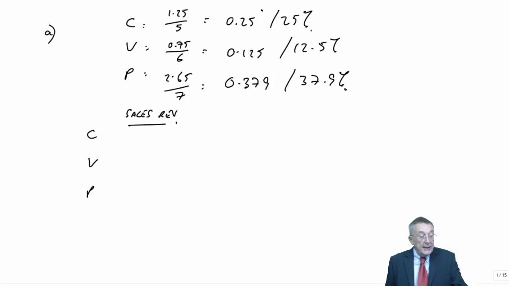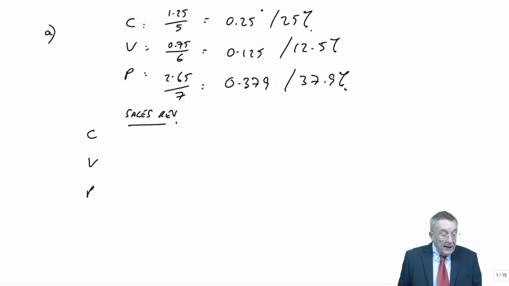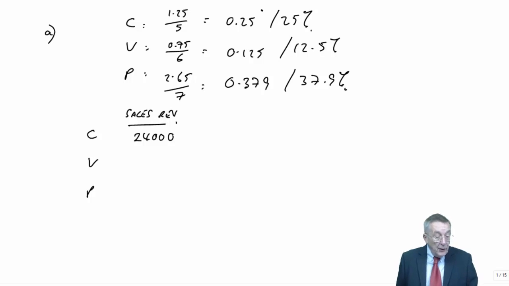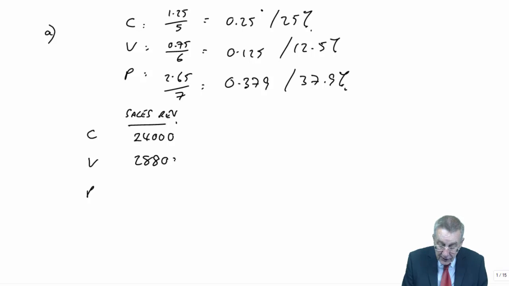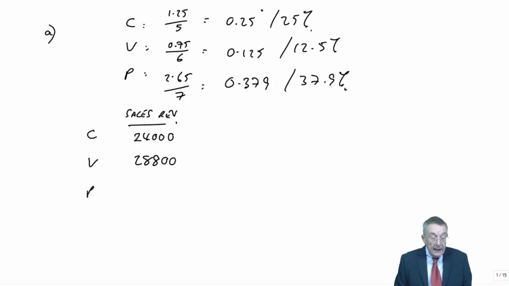C, 4,800 at $5 each is going to be 24,000. And for V, 4,800 at $6 each is total revenue of 28,800. And P, the total 12,000 units at 7